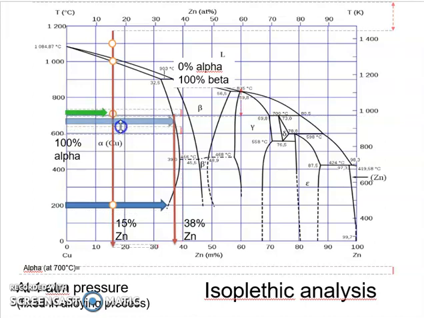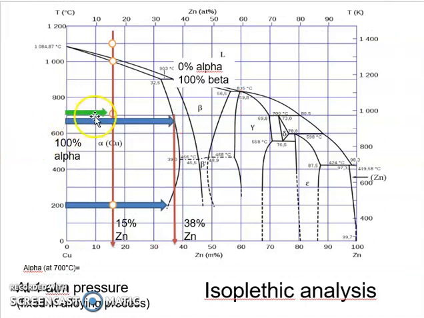Okay, the green arrow has a value of 15 minus 0, so in other words, it is 15. So 1 minus the ratio, 50% of zinc divided by the total length of this segment until the phase line change,